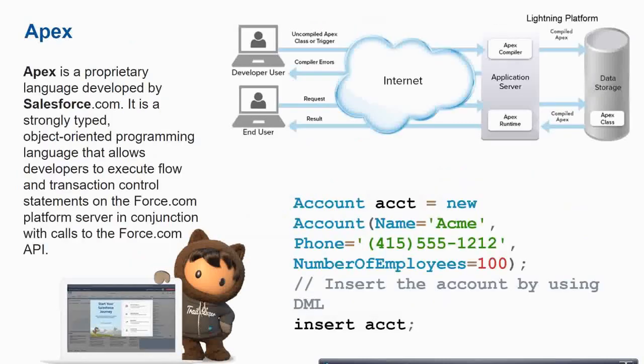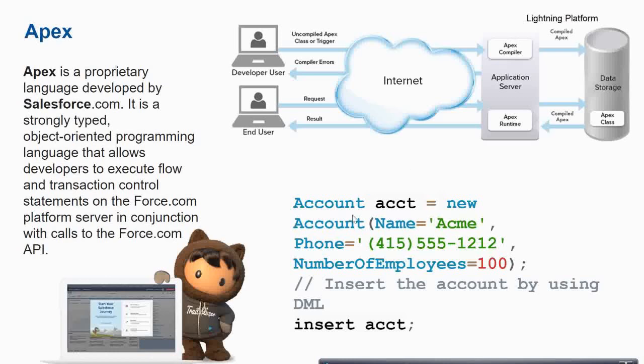Okay, so this is what a trigger is. Now Apex is actually the language of Salesforce. You can imagine it like this: this is the backend language. Just like if you are using the MEAN stack, you will use React for the front end, let's say Node.js for the backend, and for the database something like MongoDB. But in here the backend is Apex. Okay, so you get an idea.